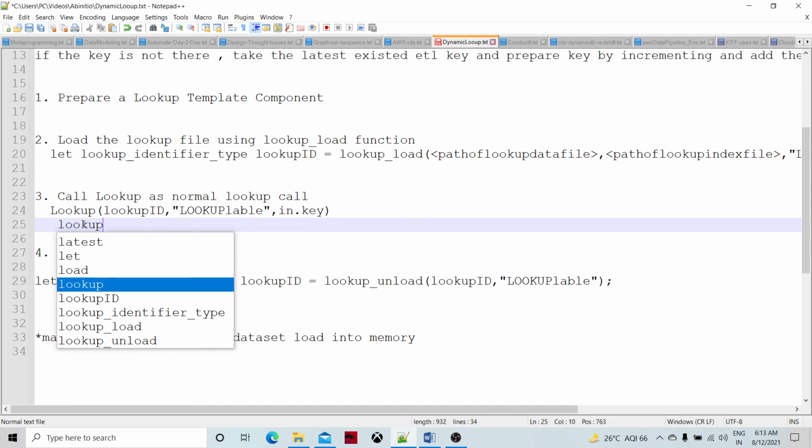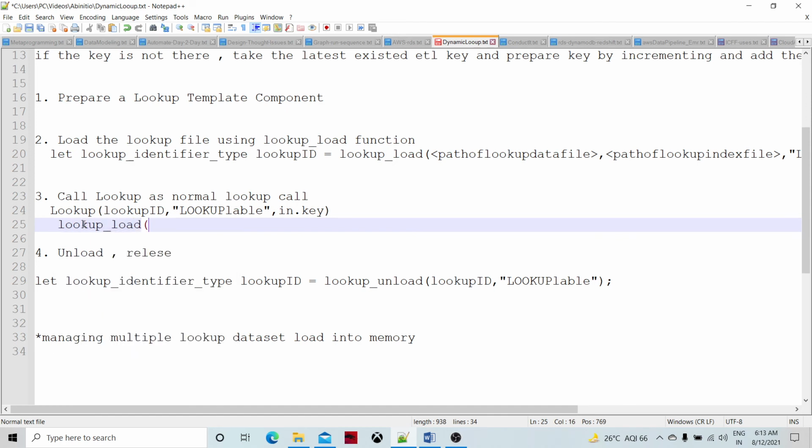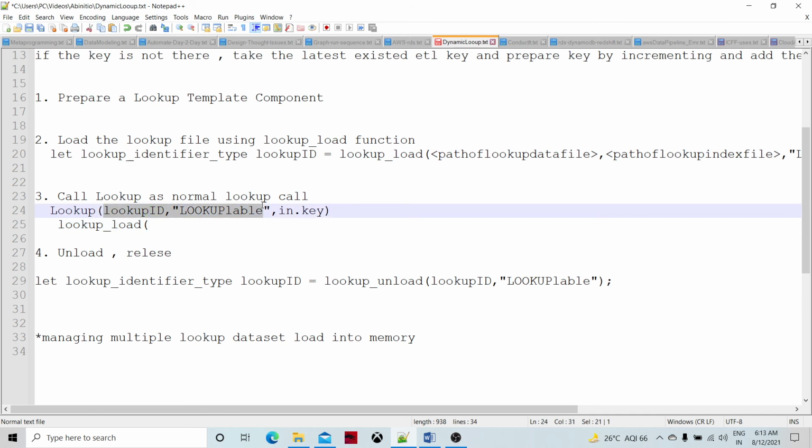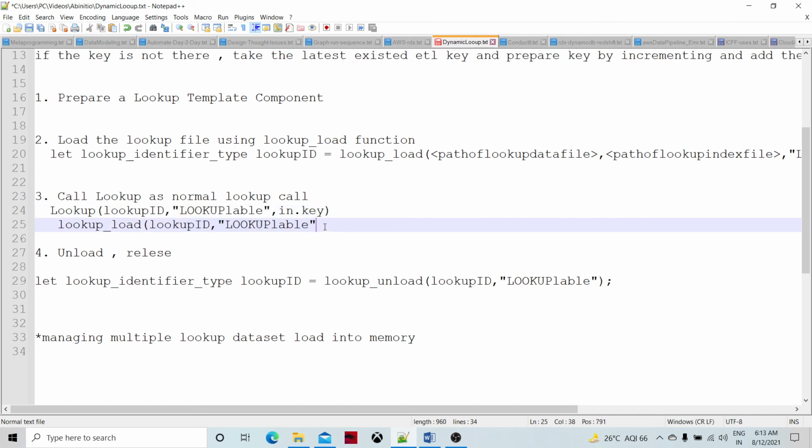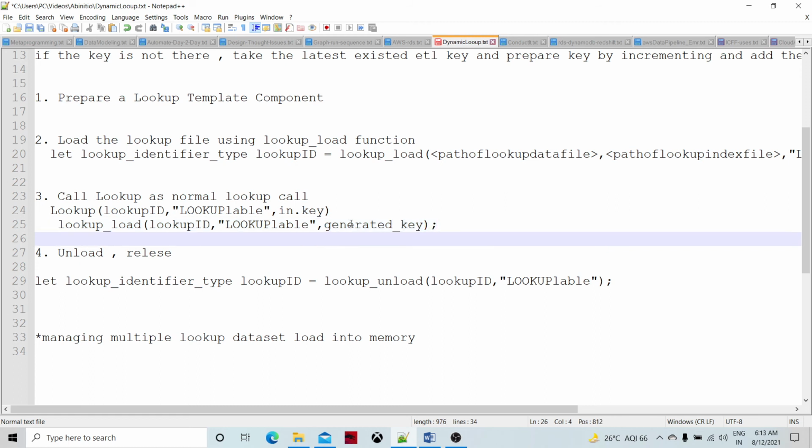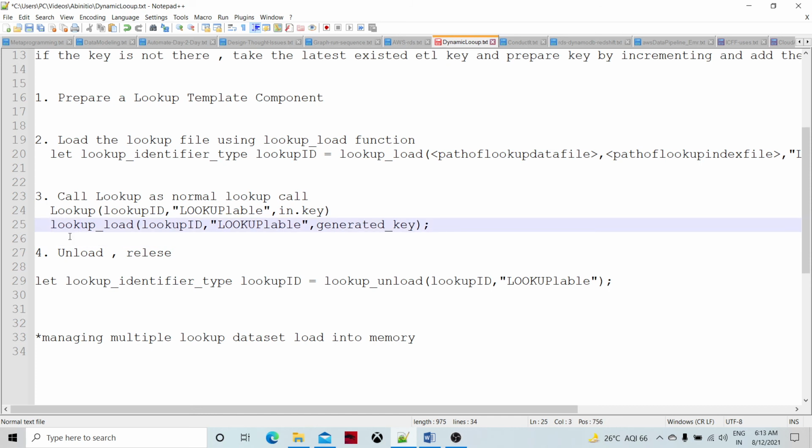So whenever you create the keys, then we can give the lookup load and this function and the generated key. Okay, and we can call the generated key. So this key is going to be added. Okay, this is how we add the key.